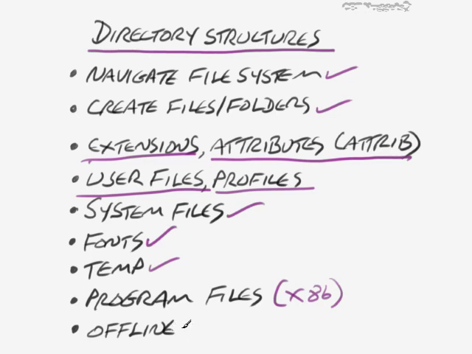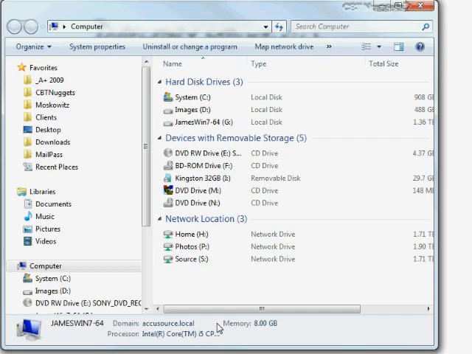Finally then, let's go ahead and talk about offline files. This is a feature that's really pretty cool, and what this allows us to do is take network files that we would normally depend on the network to be able to access, and we can access them even if we don't have access to the network. This is very useful, for example, for laptop users that take their laptops out of the office and have disconnected from the network, but still need to access their company files. They are able to right-click on a file or a folder and choose to make that available offline. At that point, the network version of those files will be cached on the local hard drive of that user's computer. Now, I already do that in my case.